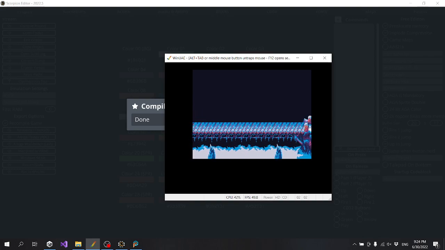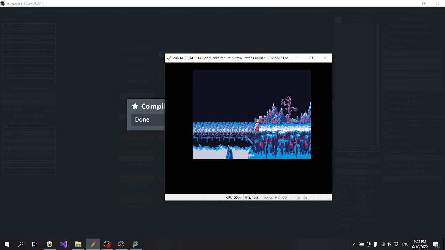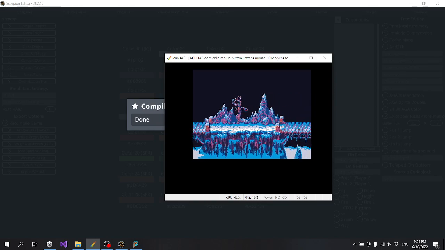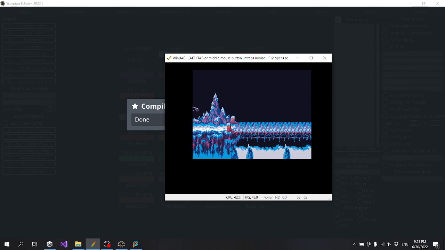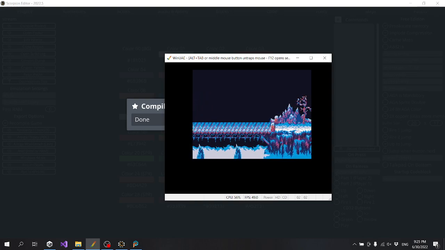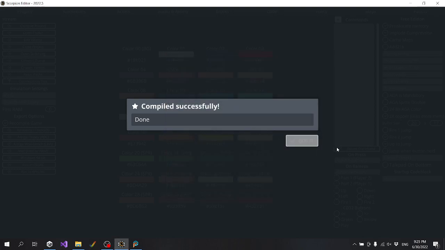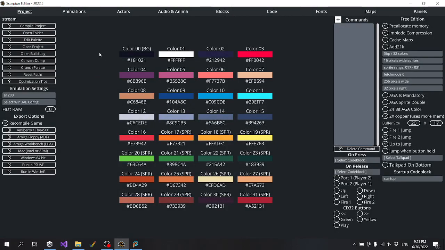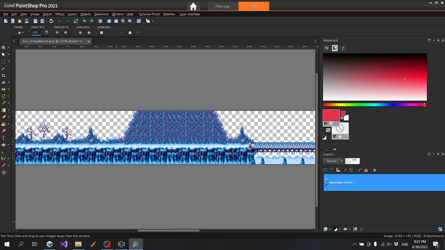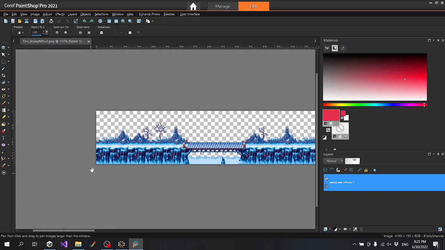But anyway, you see that we can see the graphics, but the palette looks quite off, and that's because Scorpion has a default palette, the Indesca 32 palette, which is actually pretty good for quite a wide variety of games. It's quite a nice, well balanced palette, but it's not the exact palette for this game, so it doesn't quite work. So what I will do